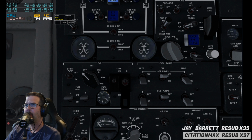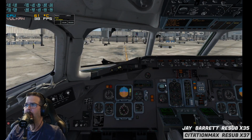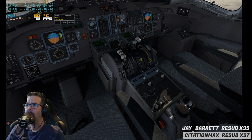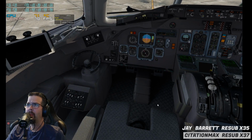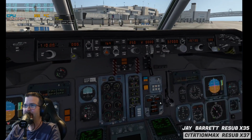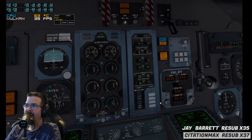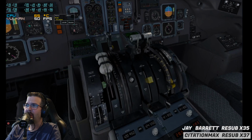And gonna start the right engine. So 1, 2, 3, 4, 5. You should see the N2. Yeah, is the N2 rising on you? I was just setting the parking brake, which you want to do before engine start. Yeah, N2's rising. Yep. Now, once it reaches 20 and the throttle section, you raise the fuel pump, so the